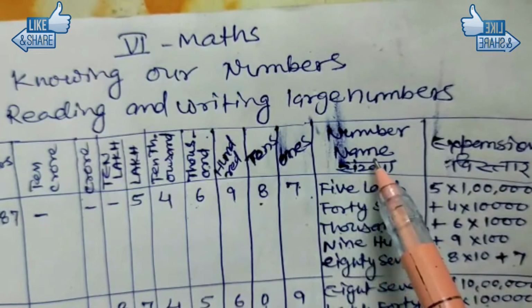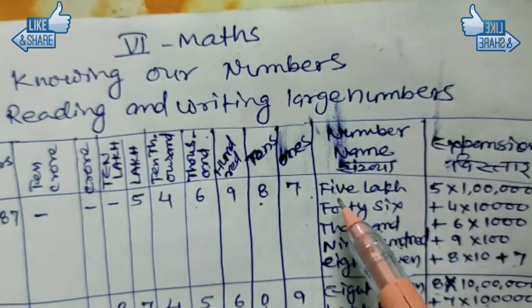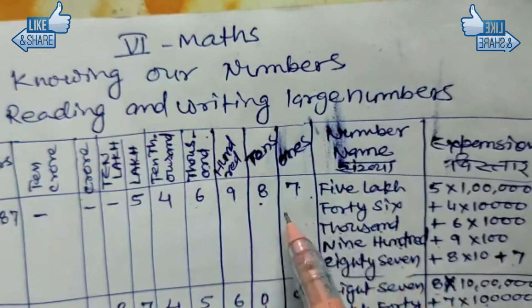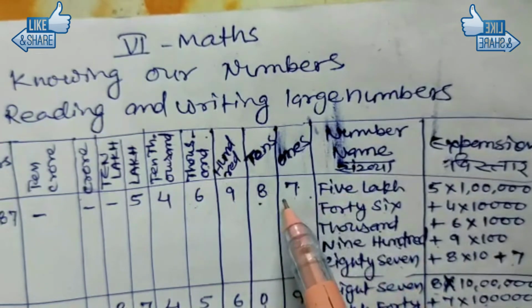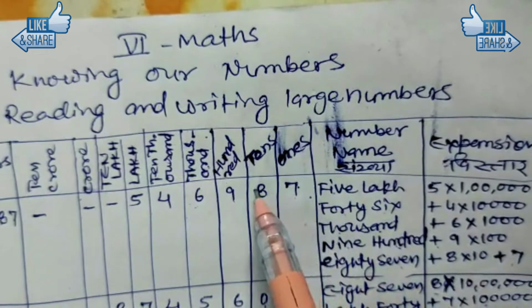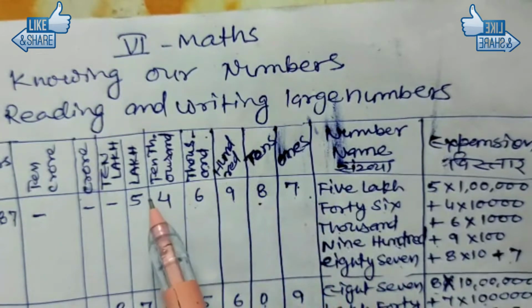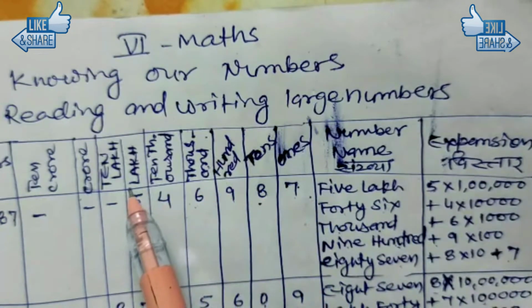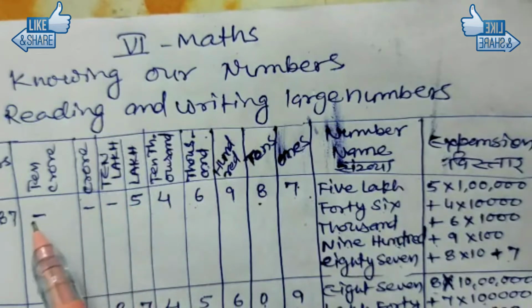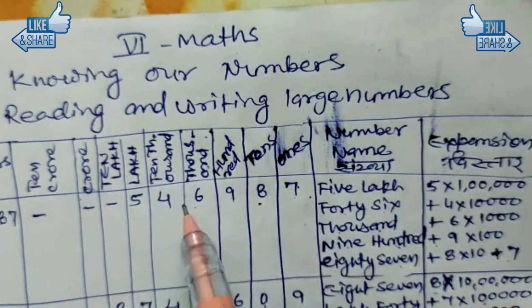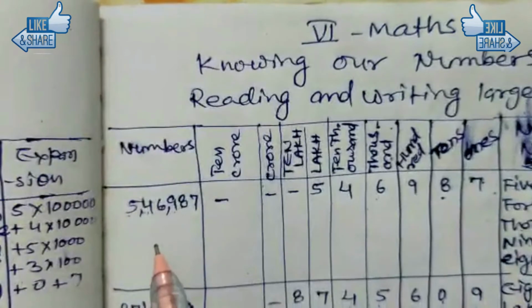How we write this number in words. Here we write placements: ones, tens, hundreds, thousands, 10,000s, lakh, 10 lakh, crore, 10 crore. Now I write a number. It is